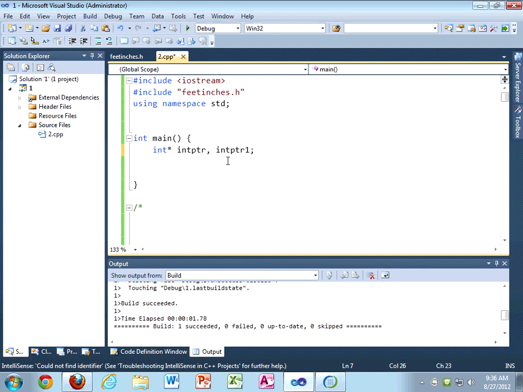What do you suppose I have declared there? Well, I've got two variables. What are the types of the two variables? So what I have here is a pointer to an integer and an integer. Okay. So when the compiler looks at this, it only connects the asterisk with the first one. So that's a pretty good reason, I think, anyway, to attach the asterisk to the name of the variable so that that's clearer. Not that I would want to do both of these on one line anyway, but